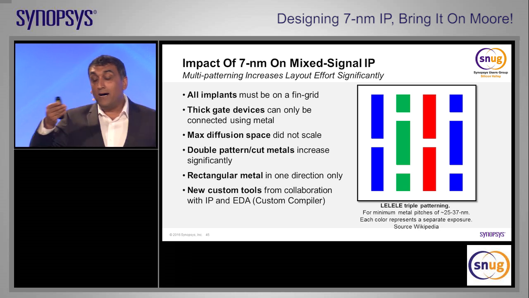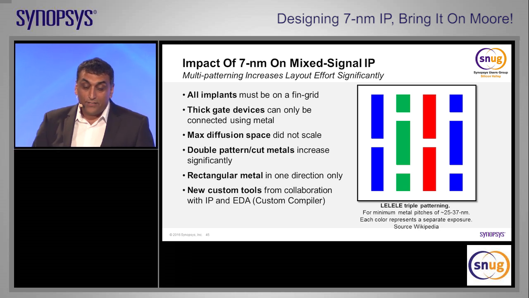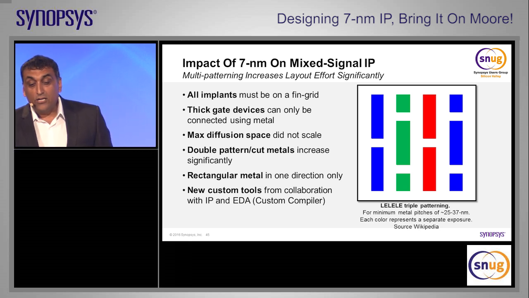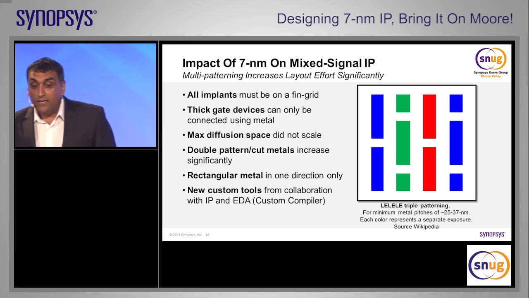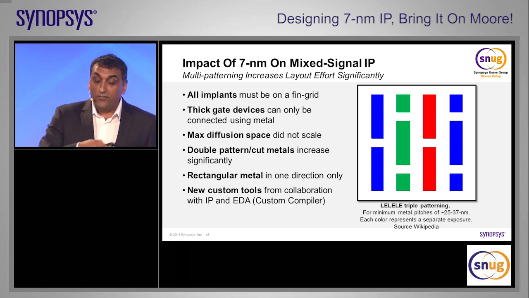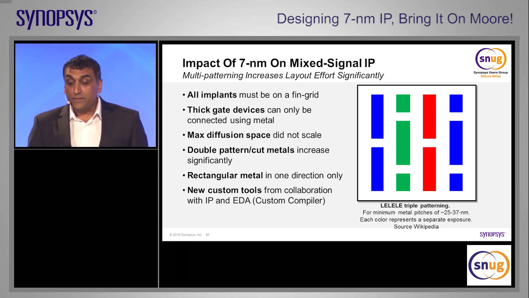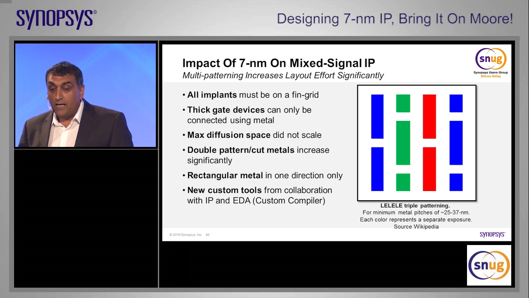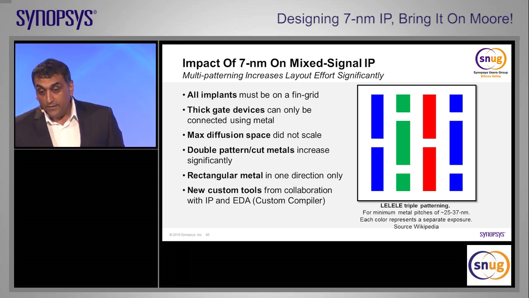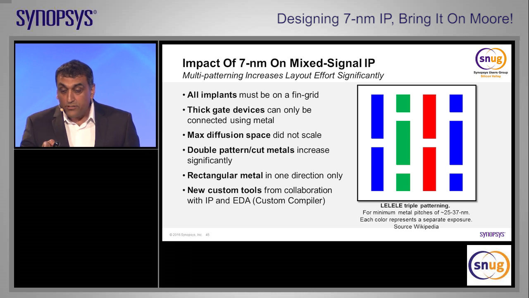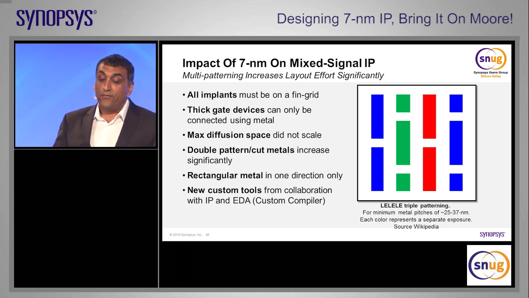And to help us, and again, like in the digital world, we have a large franchise on analog tools as well. So we've been working with our analog design team to support some of the challenges that we've seen on the IP development side into the new tools. This example shows triple patterning using 3 steps of litho etch, okay? And its color is mapped to the color of the particular lithography mask that you're developing to, okay?